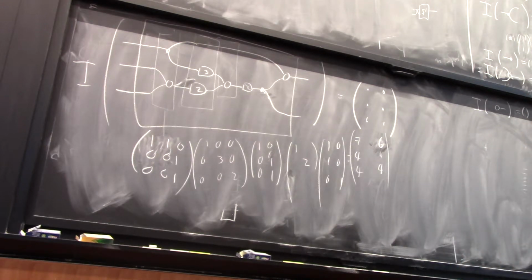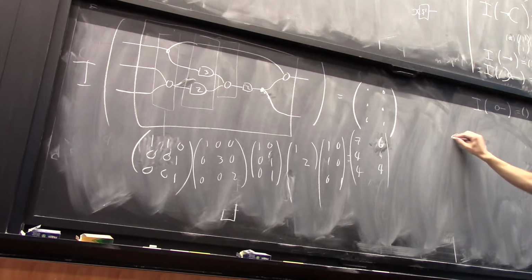Yeah. This, where you sent these generators under this functor, you chose because of this interpretation that's discussed earlier. But it's not the only functor. It's not the only functor, no. In fact, you can do anything, right? You can send it to anything. That's right. So the signal flow graphs